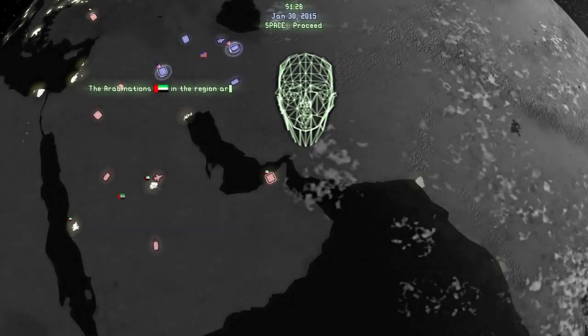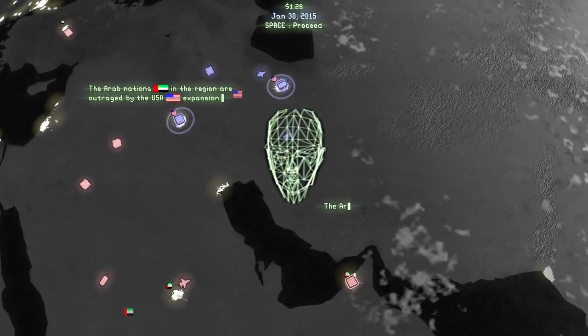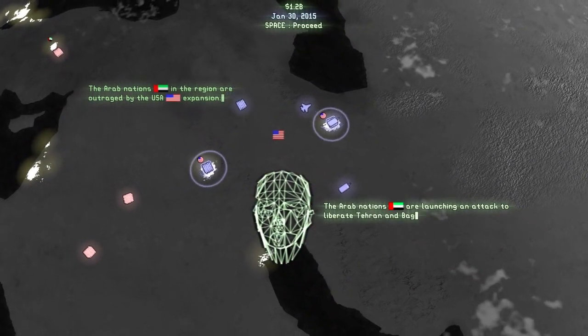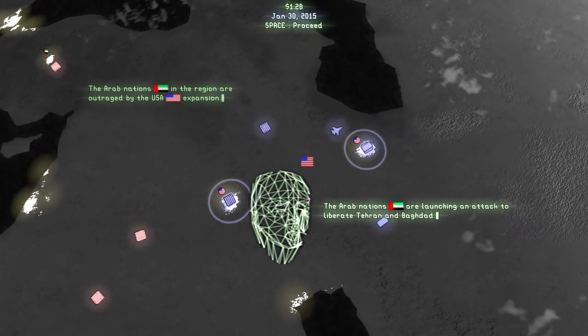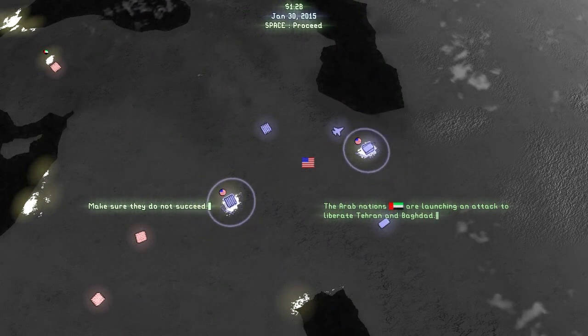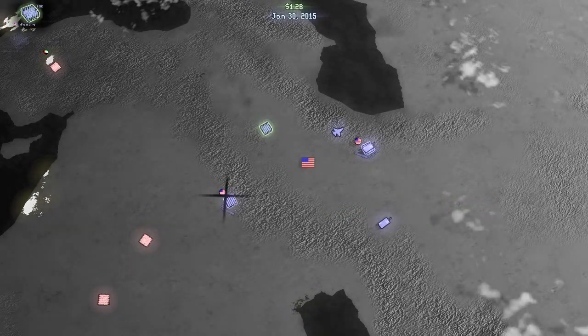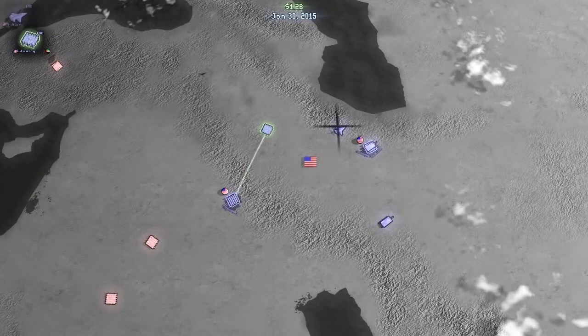The Arab nations in the region are outraged by the USA expansion. The Arab nations are launching an attack to liberate Tehran and Baghdad. Make sure they do not succeed. Well, that's an idea. Okay. So, I'm guessing I'm gonna need to move in some troops, and,